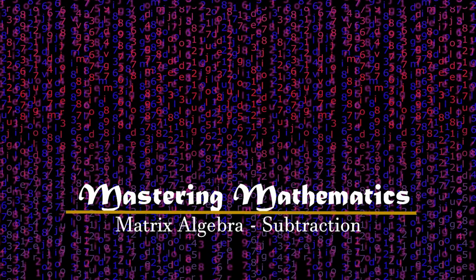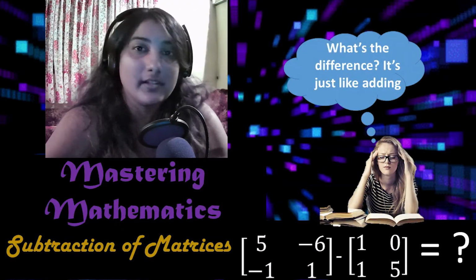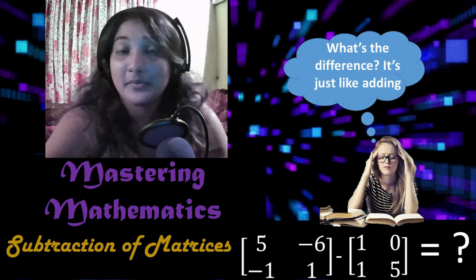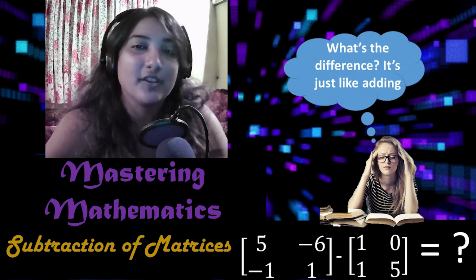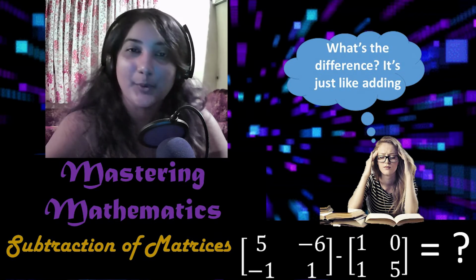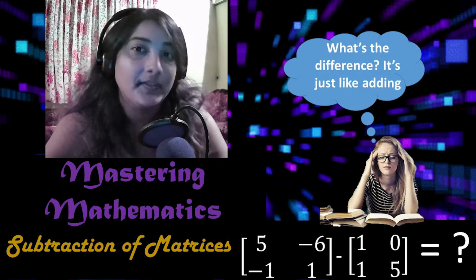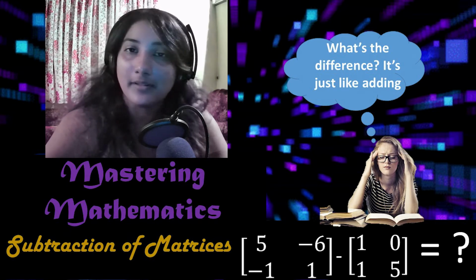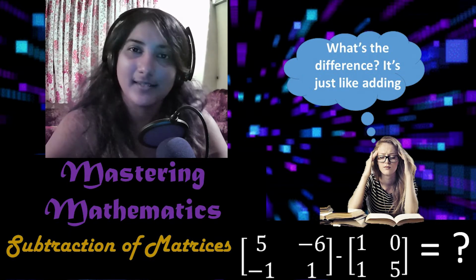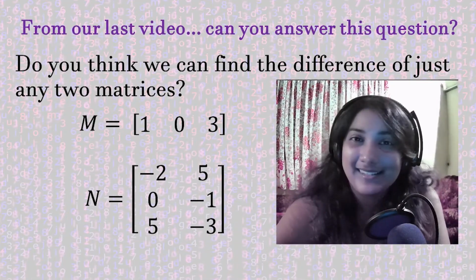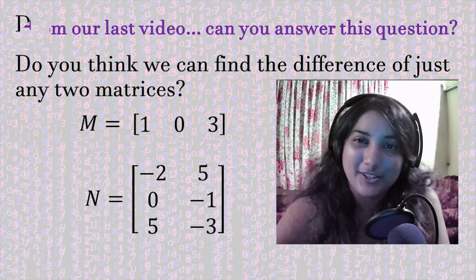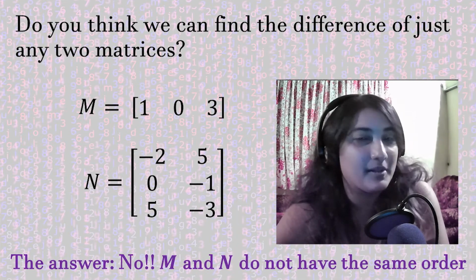Today we're going to be discussing how we perform matrix algebra. Today's video is all about subtraction, so pay attention to how we perform subtraction on matrices. Now, addition is pretty straightforward, and once you understand how to perform addition, subtraction follows suit. All you need to do is perform the operation of subtraction on any two corresponding elements, and you'll get the result. What we need to understand when performing addition and subtraction is that the matrices must be of the same